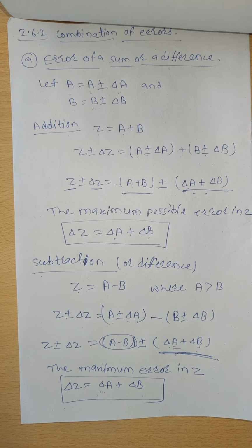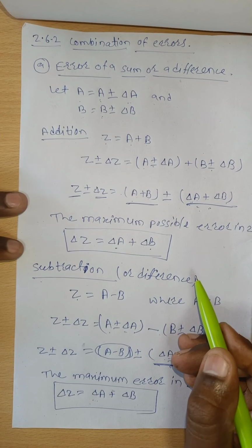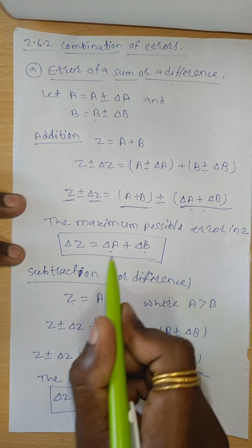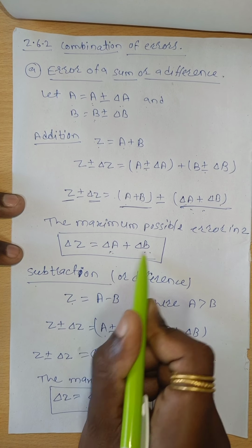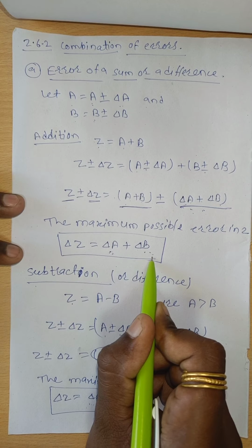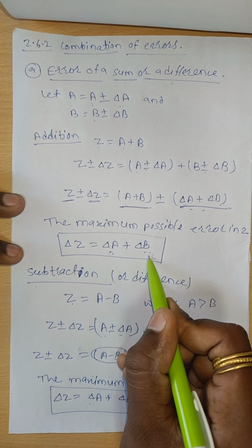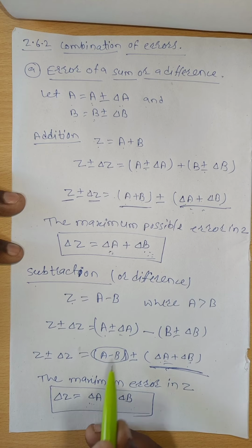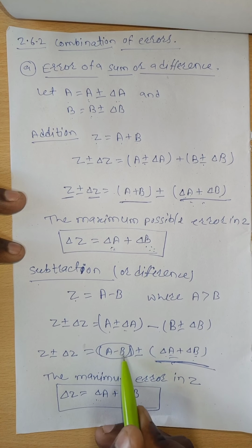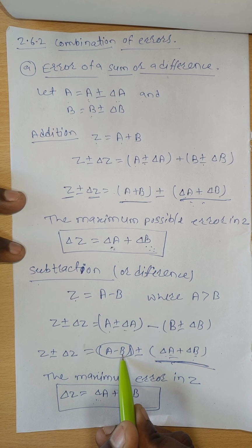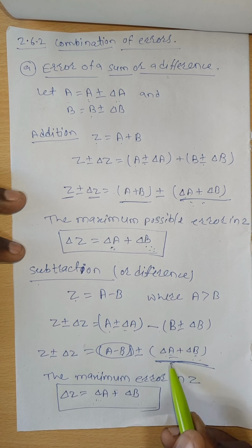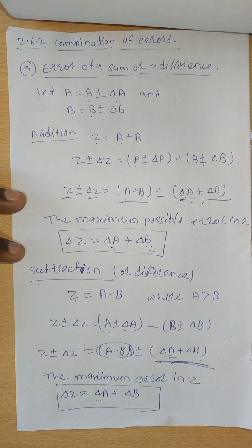Okay, from that, what is the rule of addition of errors? Rule for addition of errors. Please remember that while we are taking an addition, the maximum error is obtained by adding the errors of the individual quantities, that is, error of a plus error of b. While we are taking a subtraction, you have to subtract their mean values, or true values, but you have to add their errors. The maximum possible error is the sum of the errors of the individual quantities.